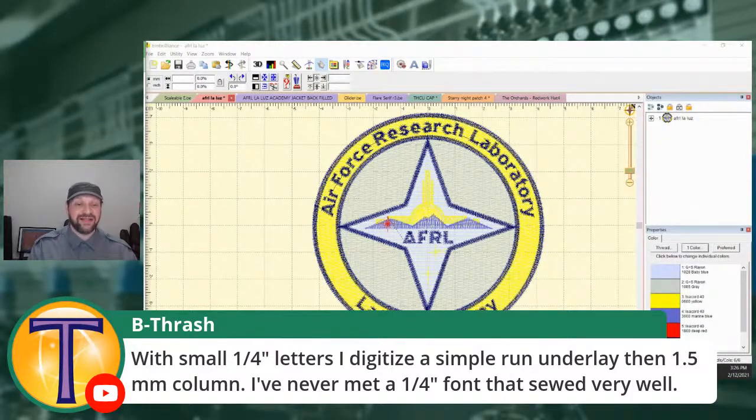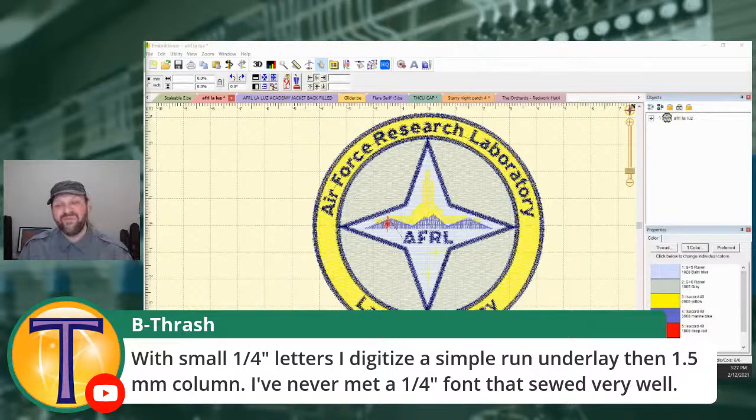Personally, I'm more likely to do something like this. Even if your software doesn't have a center run underlay, you can also set your edge run insets deeper and have that be pretty decent. But honestly, when you're going really, really small, and especially if you're going much smaller than that quarter-inch letter, down below the 5 millimeter set, so we're below 0.2 inches,